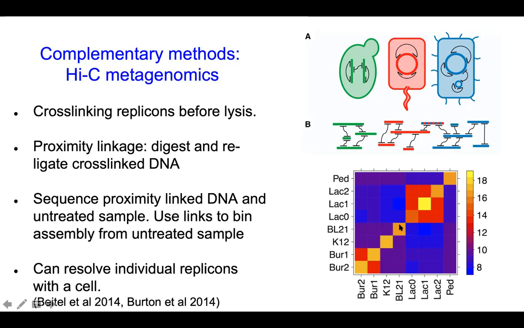Then these 2 E. coli's, which only have 1 replicon, are very well separated, so it doesn't matter that they are phylogenetically closely related. These are different strains of the same species, and you can separate them. And then here there's a lactobacillus with 2 plasmids that can also be grouped together. And the chromosome is a little harder to separate from the plasmids in this case, but it is